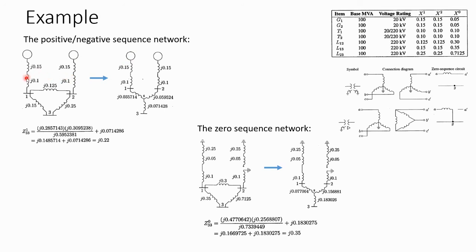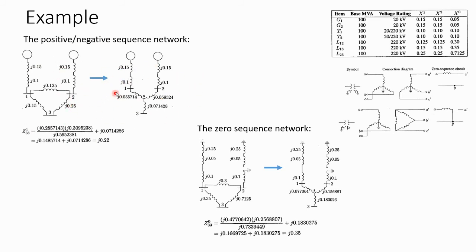And the positive or negative sequence impedance of the transformer is given to us as 0.1, such as like this. And then we can go ahead and simplify this circuit into this, and then we can calculate what is the equivalence impedance connected to bus 3, and then we will get this value. So this value is the equivalence impedance of the network looking through bus 3. And this is what we call the Z331 or Z332, because this is applicable for both positive and negative